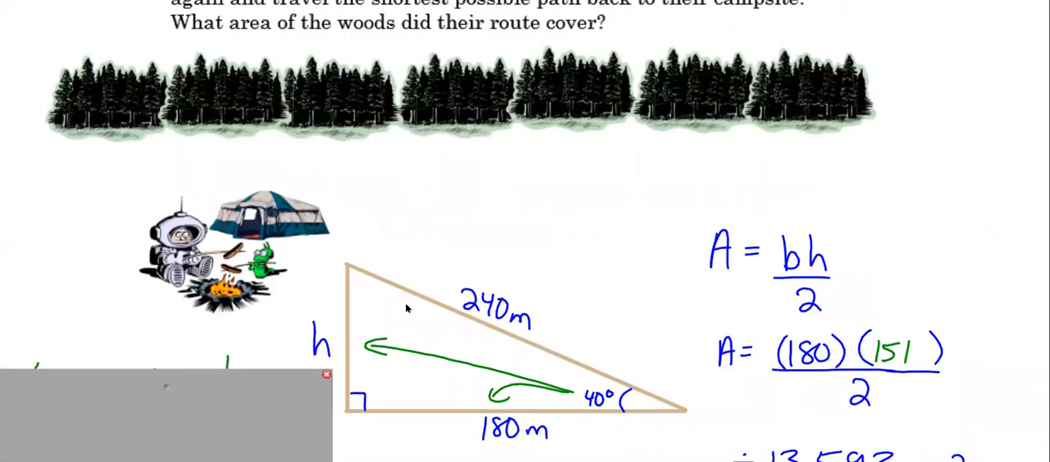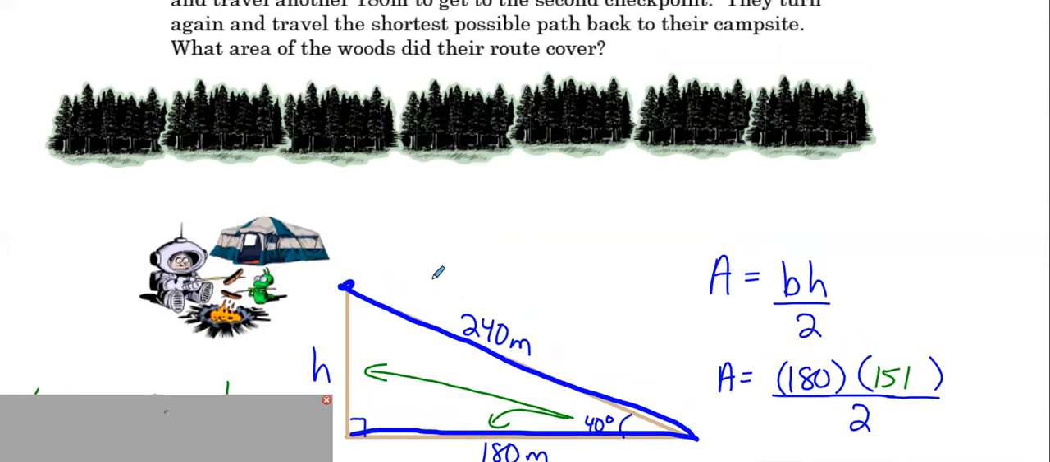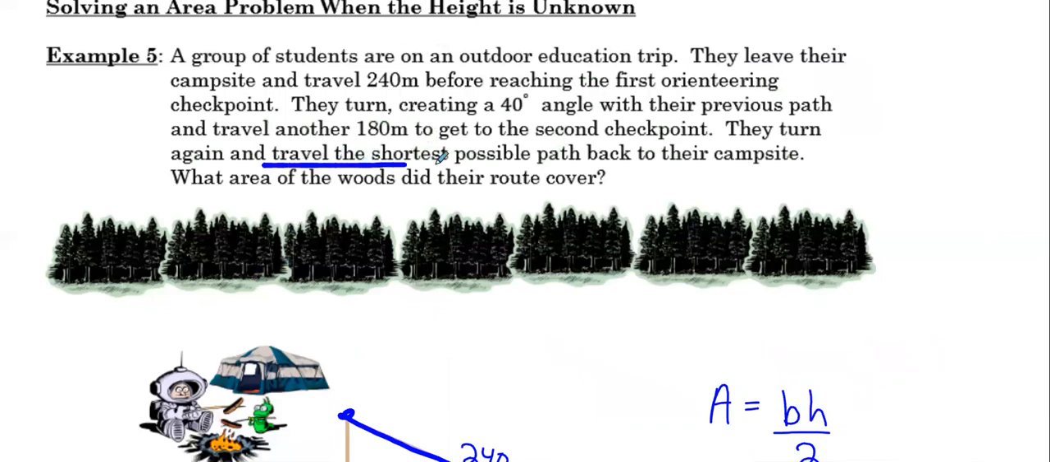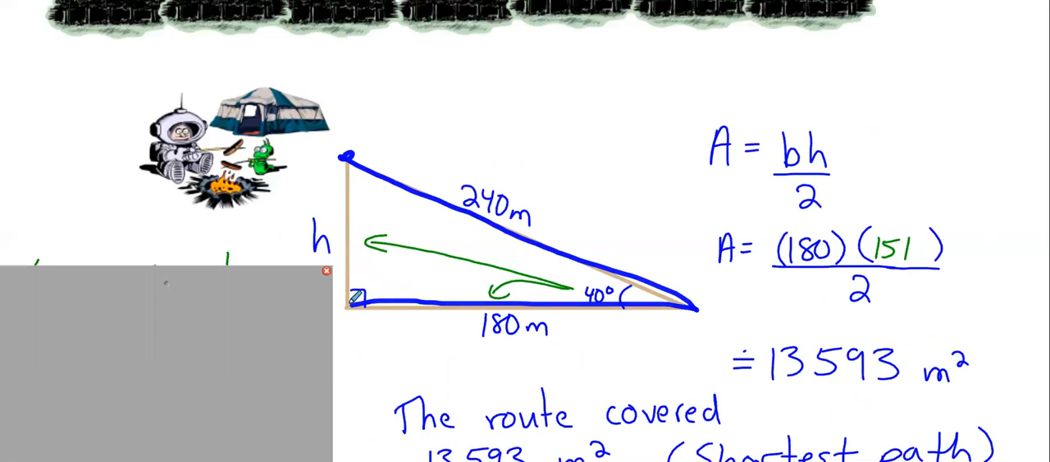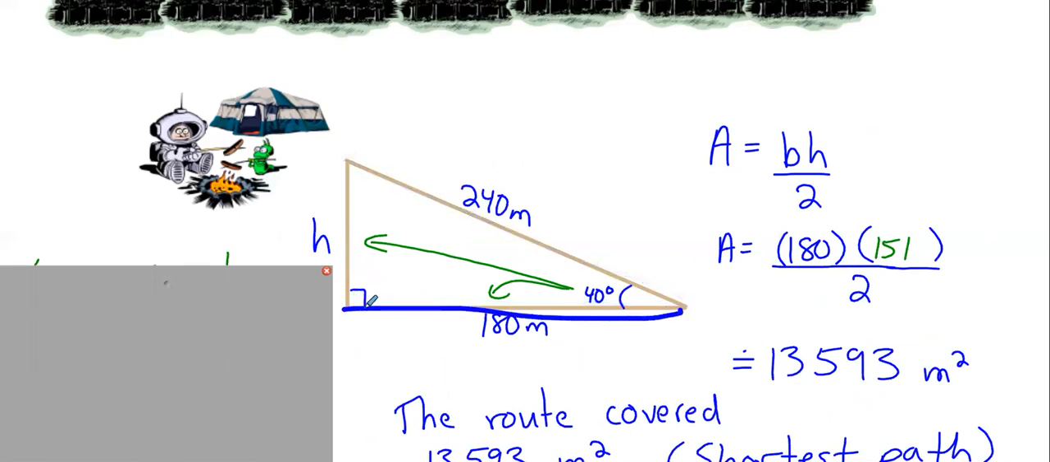All right, let's try to add a few things here. So again, here's the campsite. So they travel 240 meters. Now why draw it on a diagonal? Doesn't really have to be, but it's just for convenience. 40 degrees, that's when they turn, they travel another 180. Now the language of the question says they travel the shortest possible path back to the campsite. Now, anytime you hear those words put together, shortest possible path from one